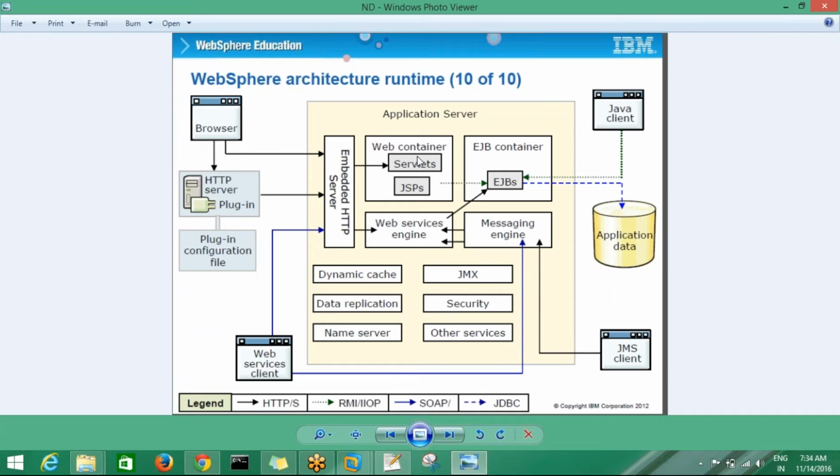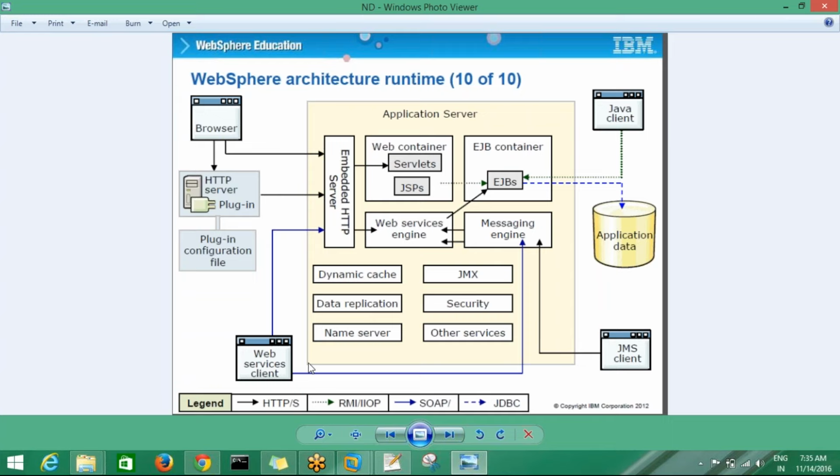The enterprise application is not executed by the web container. It is executed by the EJB container. So the web container sends a request to the EJB container through RMI IIOP protocols. RMI means remote method invocation. IIOP means Internet Inter-ORB Protocol. So using these two protocols, the web container sends the request to the EJB container for executing enterprise applications.